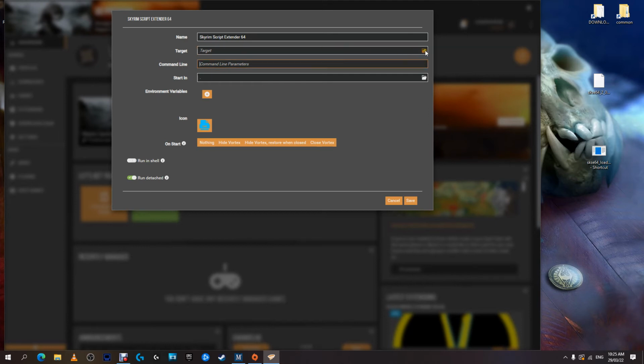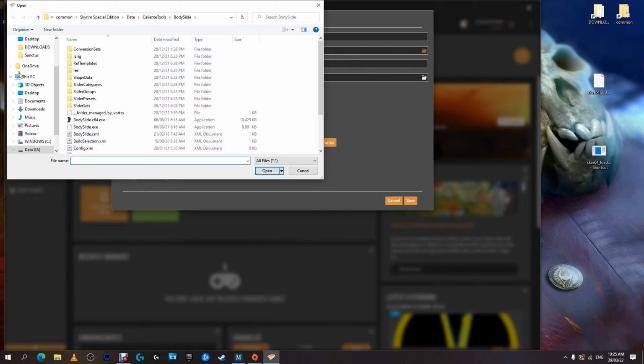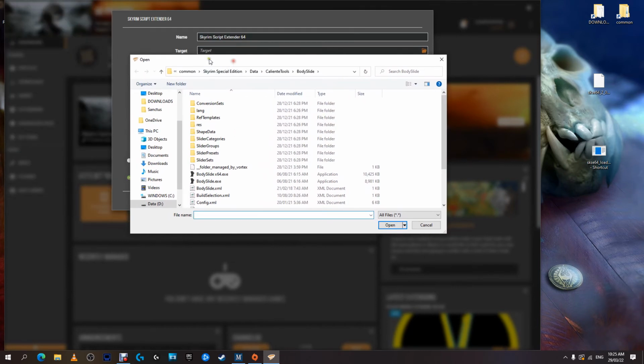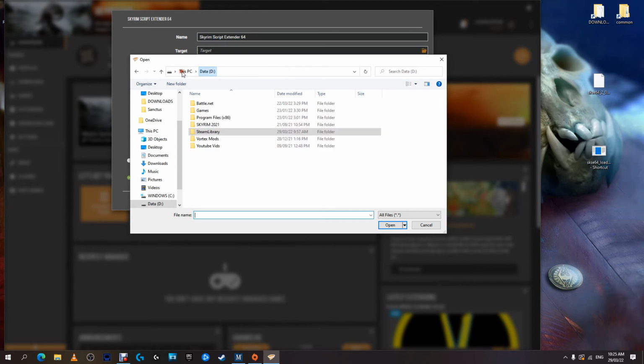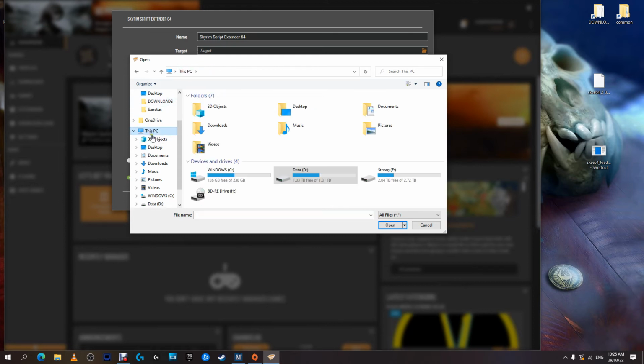Now if that's the case, just click this little file icon here. And that is the target, and then at the end there you'll click that file icon. This will pop up and it should take you to your Skyrim Special Edition page or somewhere in there. If it takes you somewhere in there, like for me it's taken me straight into Body Slider Studio, just click Skyrim, or even if it takes you directly to this page, all you got to do is navigate